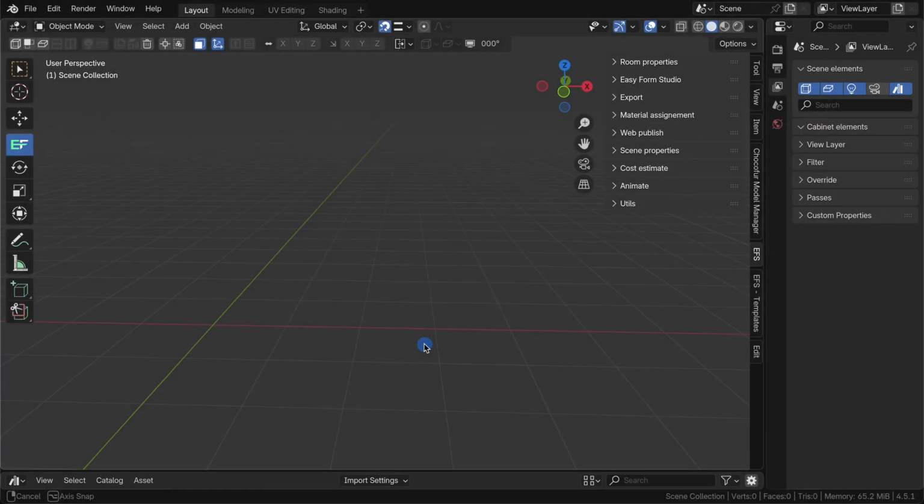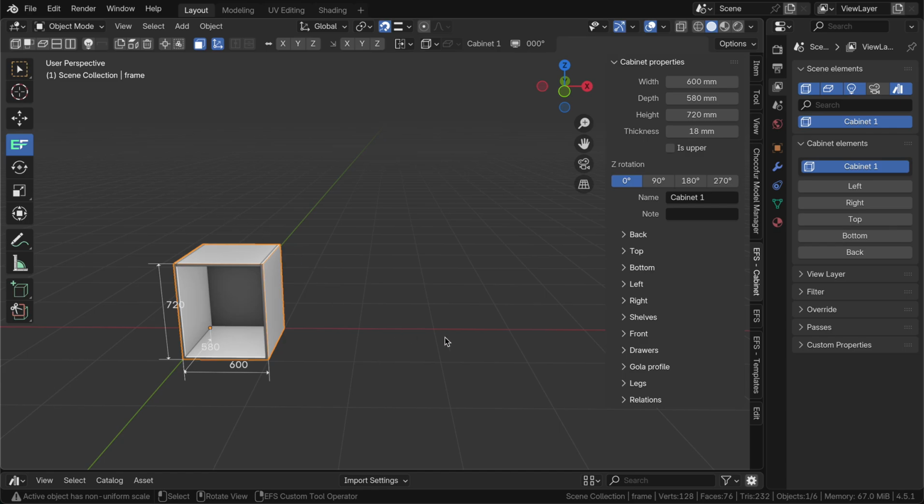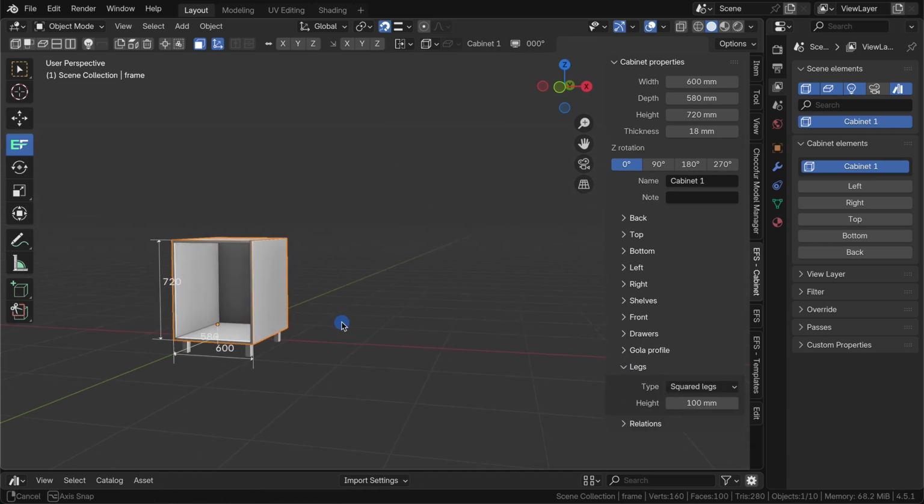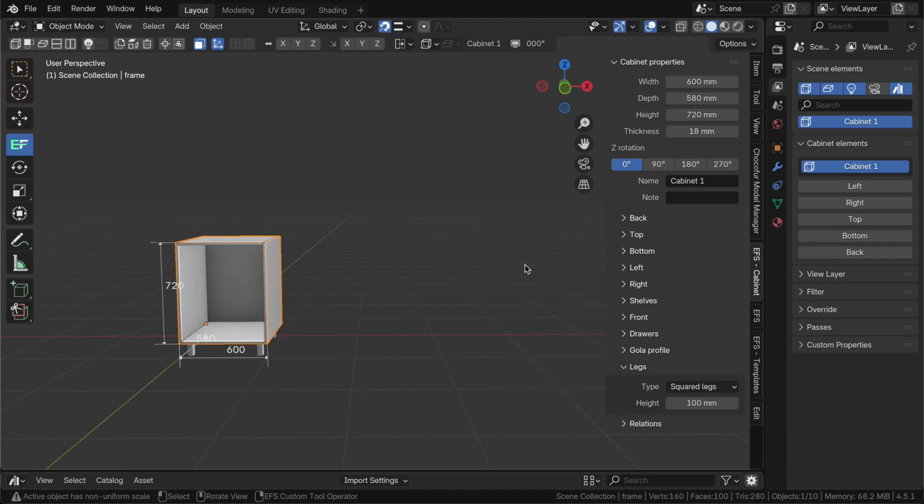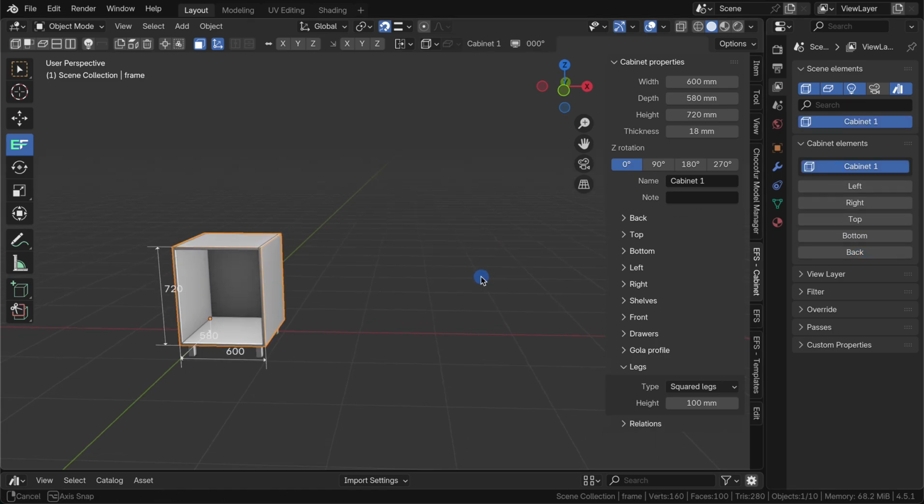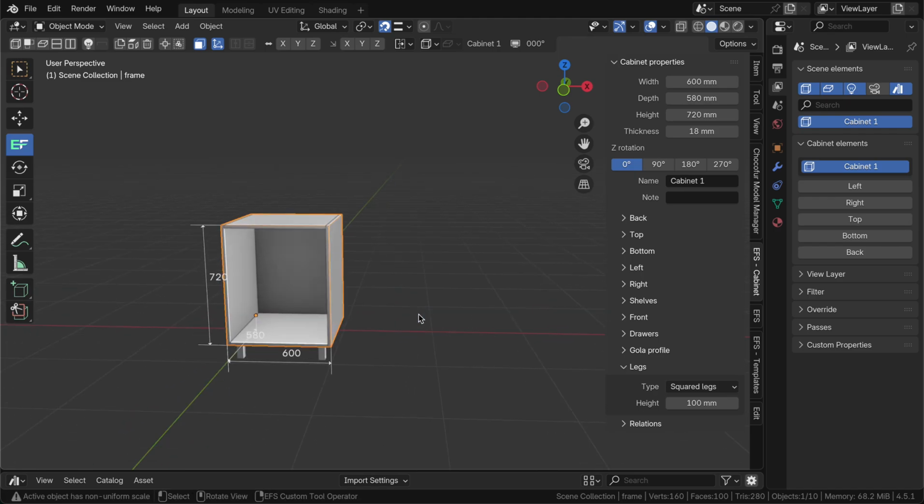Let's take a closer look at the cabinet in more detail. Start by creating a new cabinet by clicking Create New or by pressing the C key. In its simplest form, a cabinet is made up of 6 components: the left side, right side, top, bottom, back, and front. This basic structure is your starting point, and Easy Form Studio gives you many options to enhance and